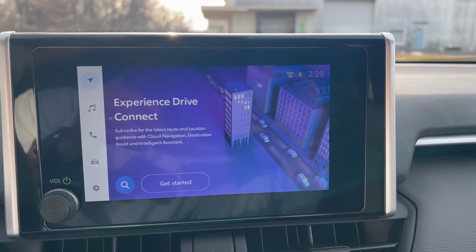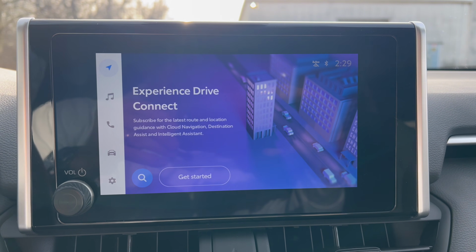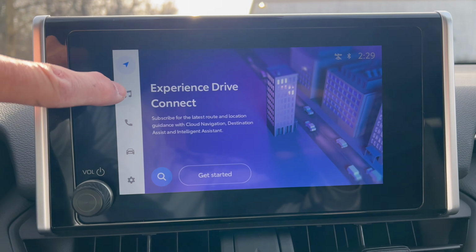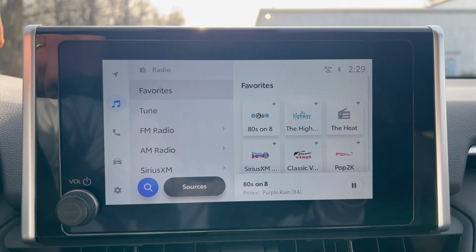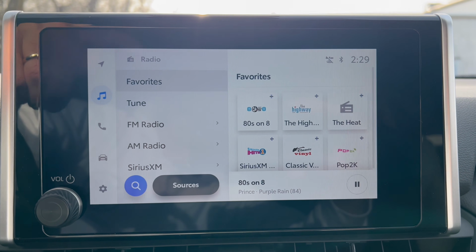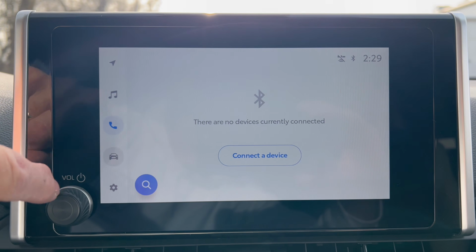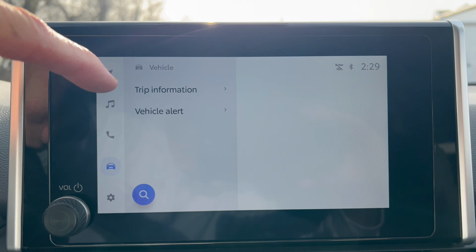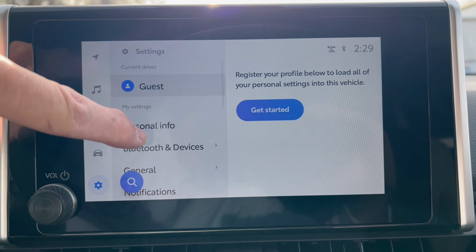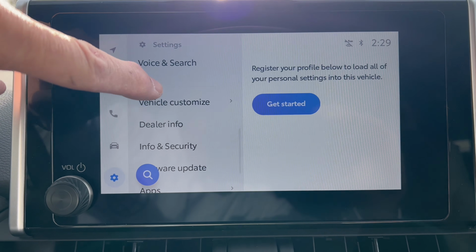Swinging on over to our infotainment, we have the 8-inch infotainment screen, wireless CarPlay, Android Auto, built-in nav through a subscription service only, volume button right there. We do have our radio where we have Sirius XM as well as regular AM FM radio stations. Nice to see the Sirius XM in a base trim vehicle. Bluetooth our phone. Here is the vehicle information, trip and vehicle alerts. And then you have your general settings where you can set up your driver profile, Wi-Fi hotspot, customize the vehicle,